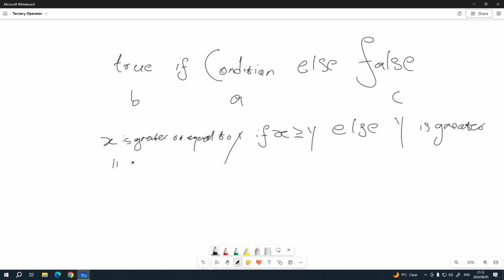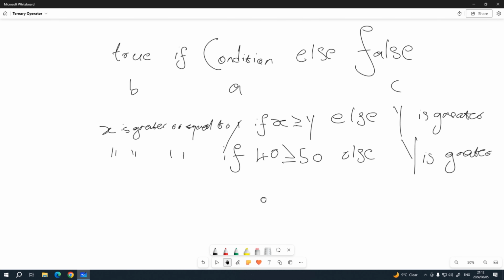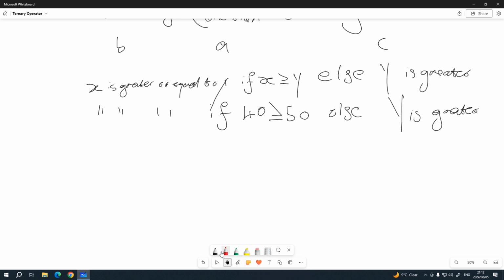So I'll just avoid writing this sentence over and over again. That means X is greater or equal to Y, if our condition, our values, we said our X was 40, it's greater or equal to Y, our Y is 50, else our false part, which is Y is greater. And looking at this, you can already tell, same as we did before, X is still less than Y, so Y is still greater because 40 is less than and is not equal to 50. So our final output of our condition here is false,